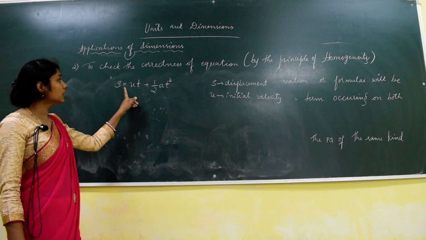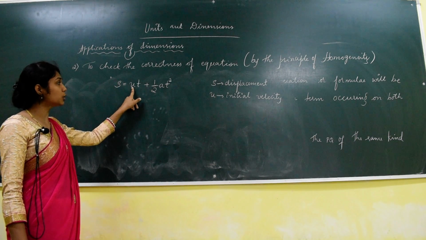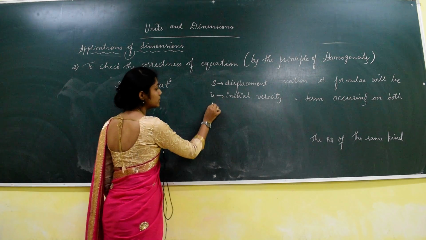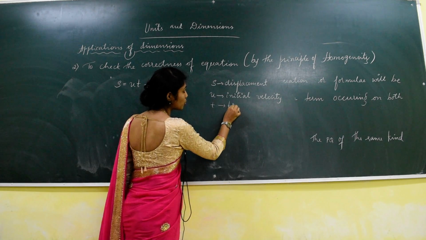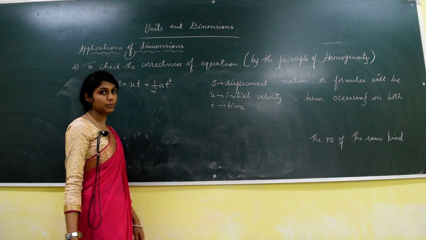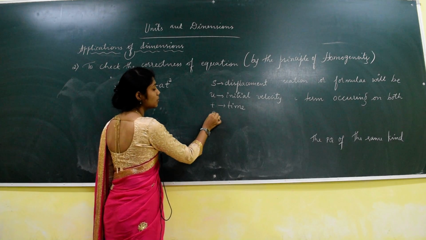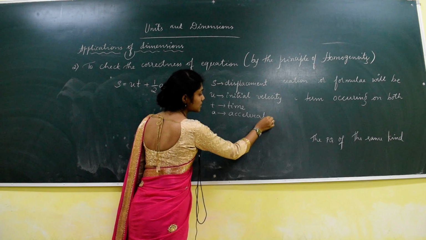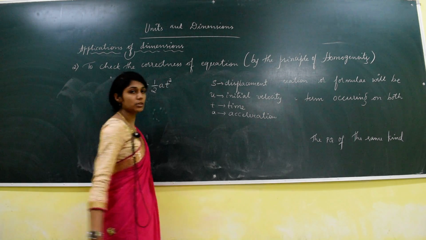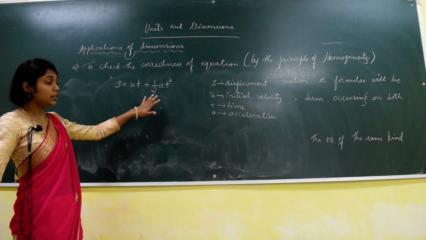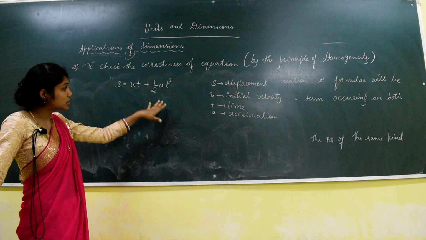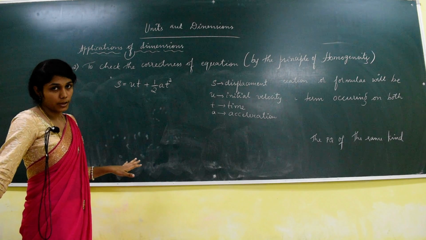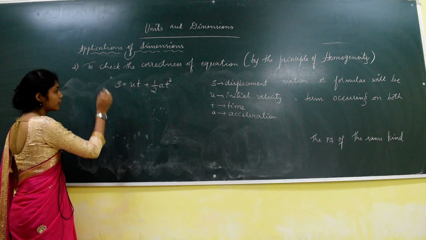Okay, so here in this equation we have a u term. So u represents the initial velocity, t, small t represents the time, and small a represents acceleration. Small a represents acceleration. So now this is one equation. Now I have to see whether this equation is dimensionally correct or not. Okay, fine then. So first let me consider